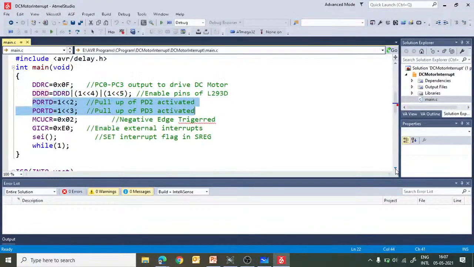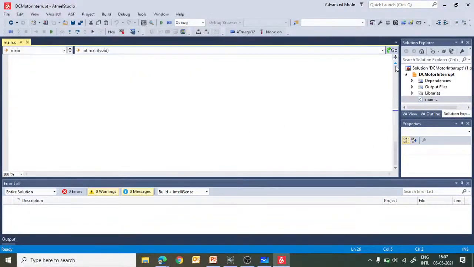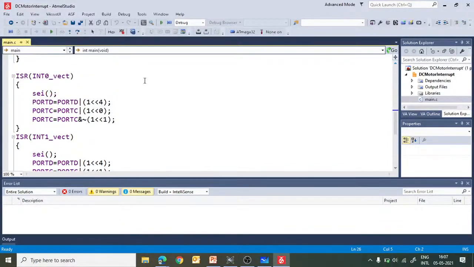After enabling the interrupts, we are just waiting in the infinite loop, and whenever interrupt 0 occurs, we enable the interrupts because we want to allow an interrupt inside the interrupt. We require a nested interrupt, so because of that we are enabling the interrupt again whenever we are in the external interrupt 0 routine.